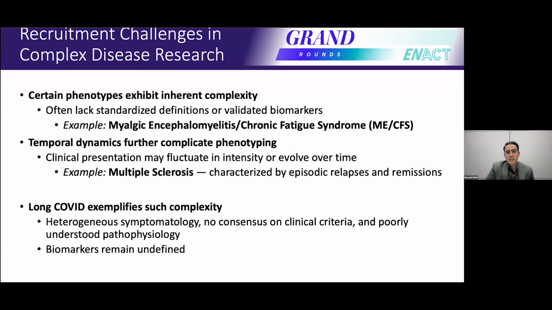Now imagine trying, for example, to test a new therapy for long COVID-related anosmia. How are you going to find the patients to run the clinical trial? Because, as you know, without a clear, precise definition, finding eligible patients becomes incredibly difficult. This is exactly the kind of challenge that led us to develop precision phenotyping, which aims to match the right patients to the right studies, even when the disease itself is messy and evolving.